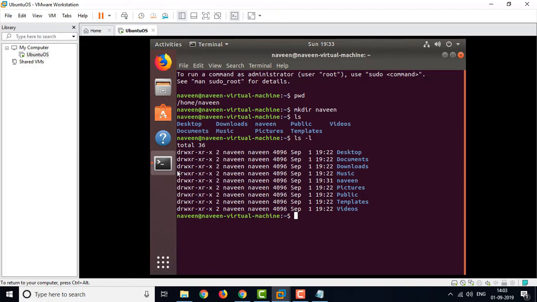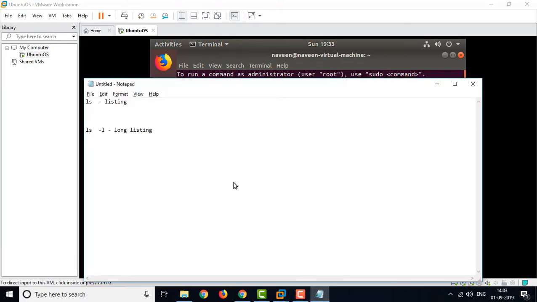If you see here, you will get 3-4 parts. First is d, after that you get rwx, then again r-x, again r-x. These are categorized, like if you work on any version of Linux, they have their own notation.